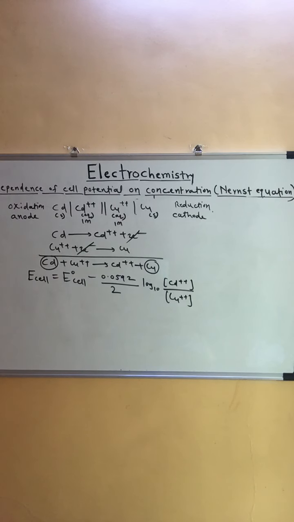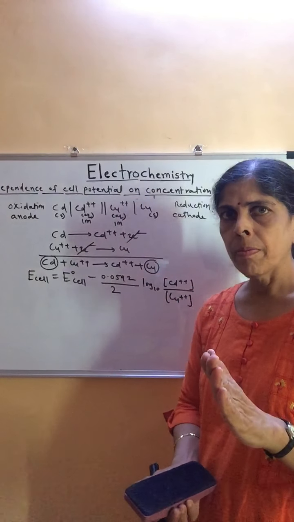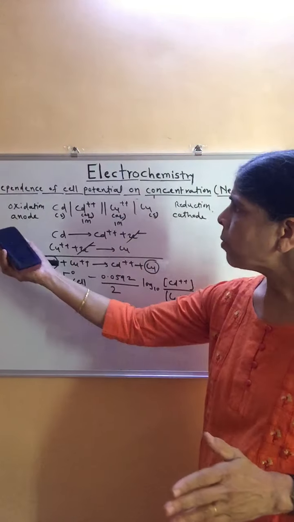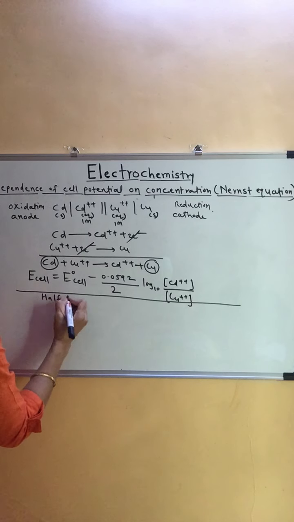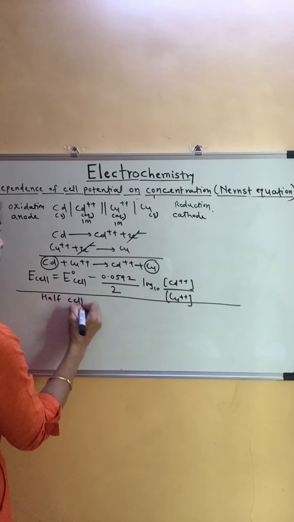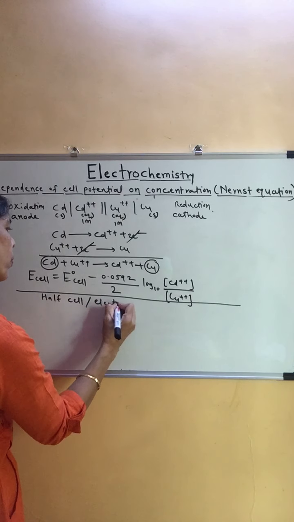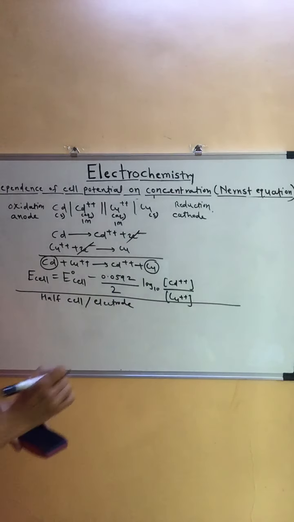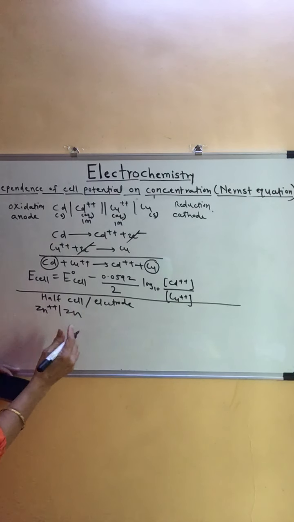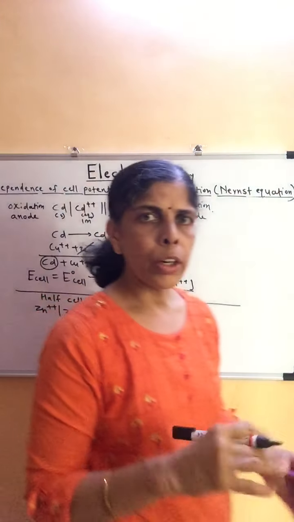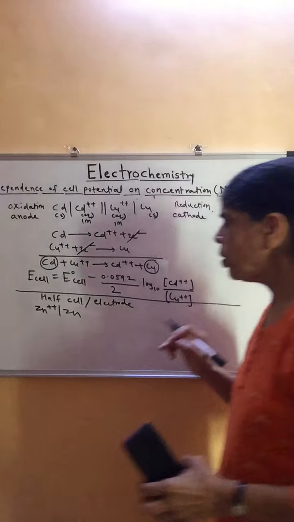Okay. Now what we are going to do? We are going to apply the Nernst equation to a half cell or electrode, you can say. Here we have applied it for a complete cell. Now we can apply the Nernst equation to a half cell, or you can say electrode. If the half cell which is given to you is Zn2+ | Zn, this is a half cell. If the cell which is given to you is Zn2+ | Zn, and you are going to apply the Nernst equation to this, how are you going to apply?